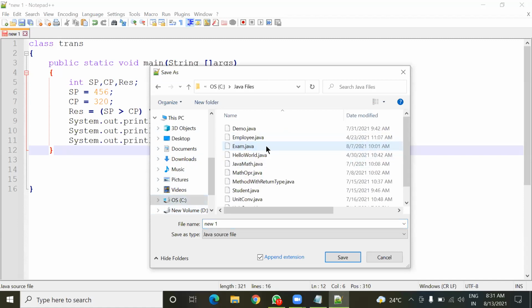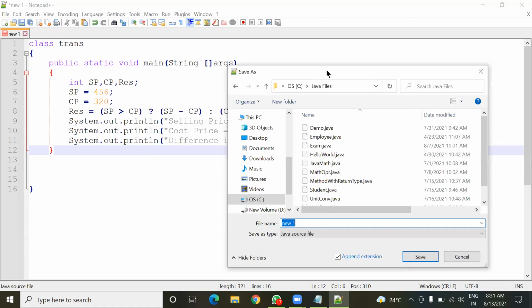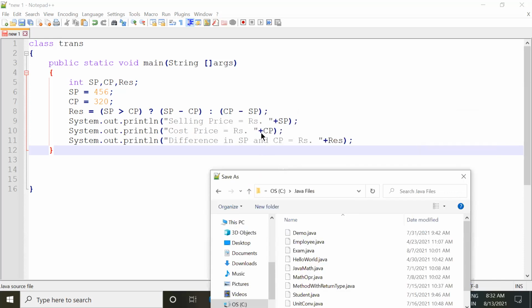Sir, with this plus SP and plus CP, we can only write the variable. So with this plus, we are actually joining two outputs together. Here the output in double inverted commas is actually a message, and with that message this value will be joined, SP, meaning the value stored inside the SP variable.